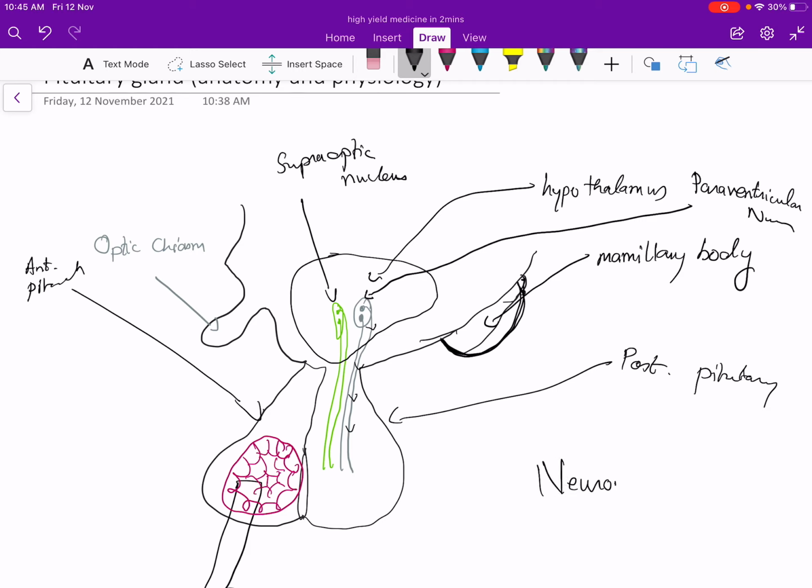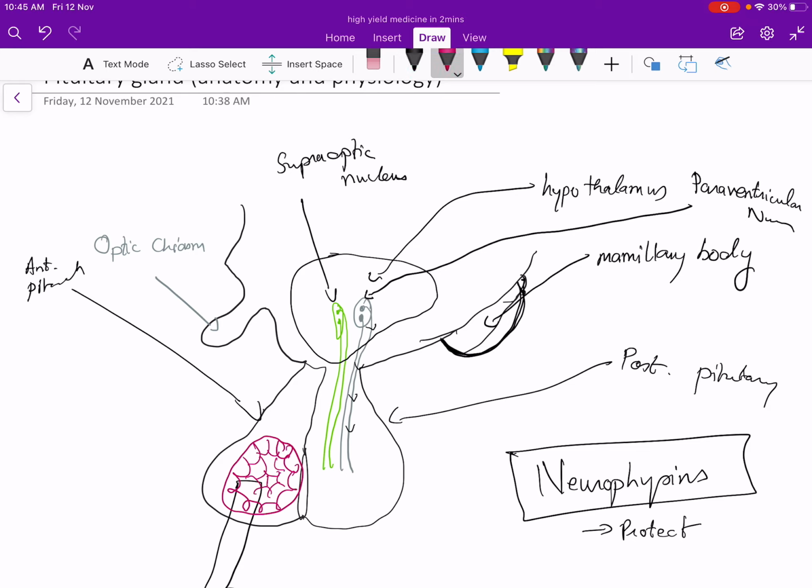Let me write it down for you. Neurophysins, and neurophysins are secreted along with ADH and oxytocin. Neurophysins protect the hormones while the hormones are being transported down the axon, and they have several other mechanisms and roles. That's not very important for us, but what is important is that where anterior pituitary has these cells, posterior pituitary has only an artery entering here, and the artery giving branches and branches and branches,